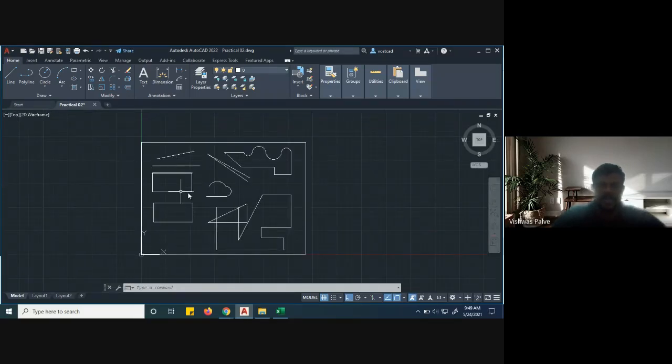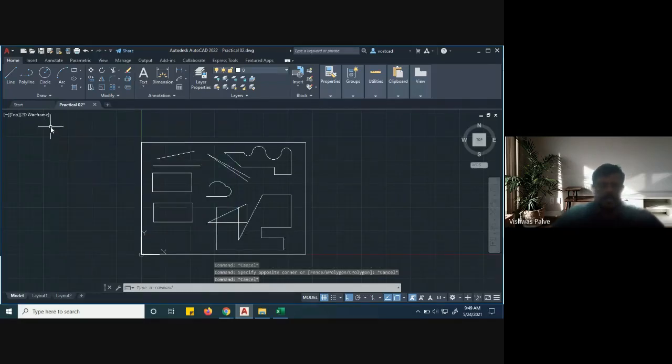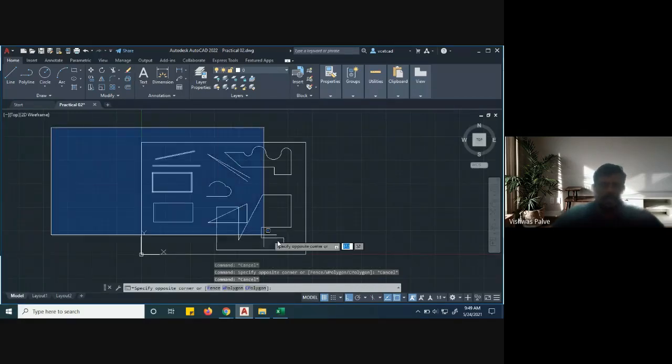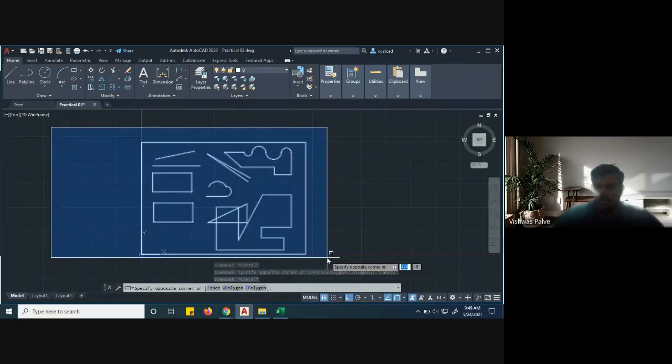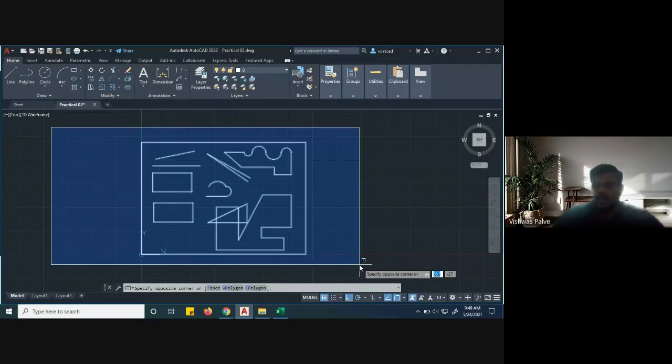There is a line, rectangle, curve, right? A mixture is there. So I want to select only a few features. So there are two selection methods. One is the right. You have to click at the top and drag it at the bottom, meaning clicking at the left top and dragging it down. Just click and drag your mouse, so it will come under the blue rectangle.